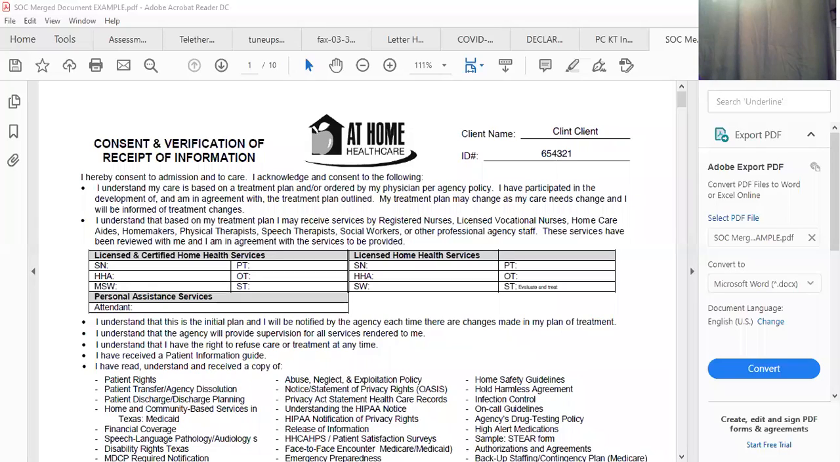Okay, here's our start of care packet. The first form is the consent form. This is consent for evaluation and treatment. You'll see the client name and their ID number or medical record number. You'll go over this form with the parent or